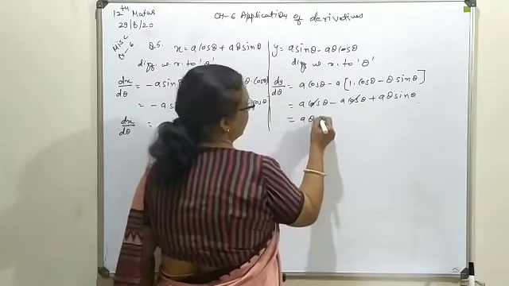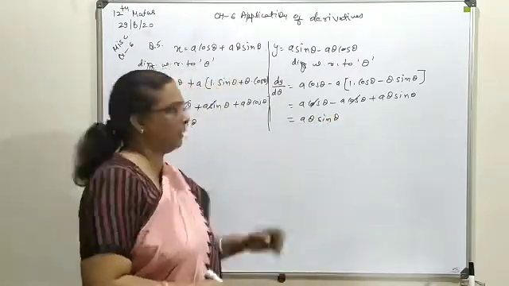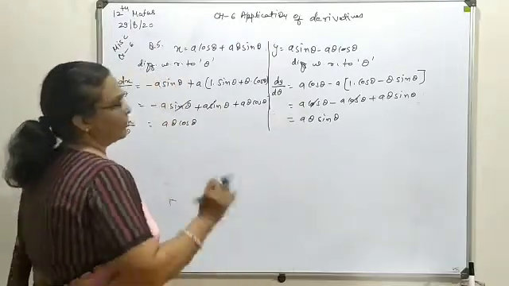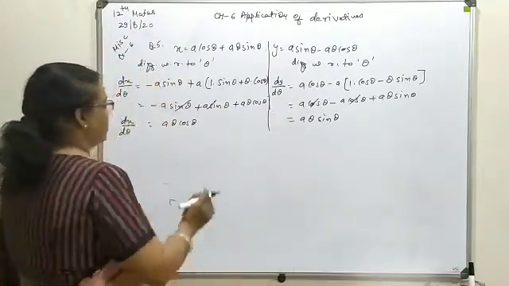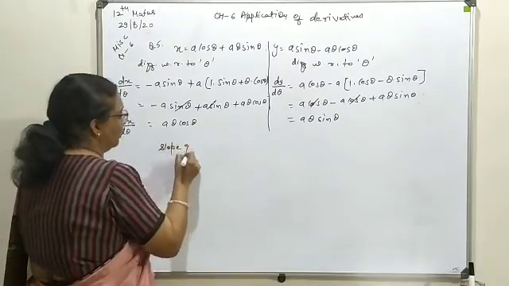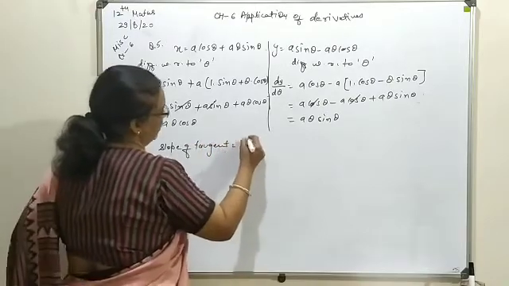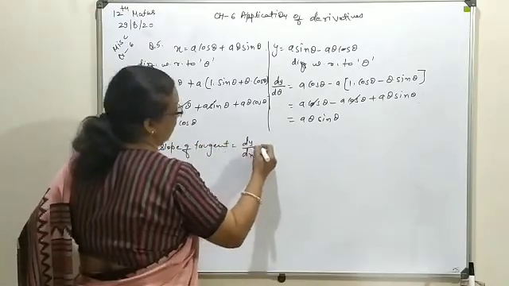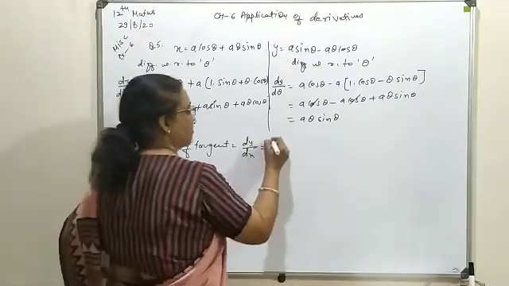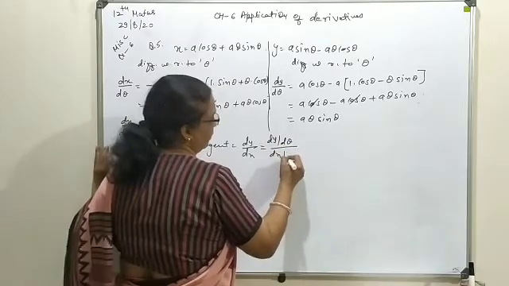So this will again give you a single combination as a theta sine theta. Now we have to find out the slope of a line. So first, the slope of the tangent, that is dy by dx. Here we are talking about the parametric form, so it is to be turned as dy by d theta and dx by d theta.